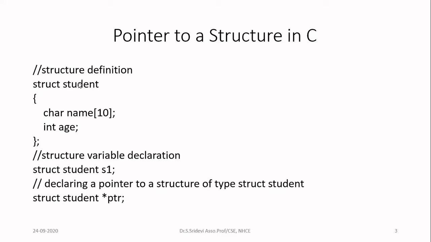After you create the structure, that is after you define the structure, the next step is you have to declare the structure variables. So how to declare the structure variable? You have to use the keyword struct followed by name of the structure followed by the variable name. This is called a structure variable declaration. So when this structure variable is declared, compiler will allocate memory to the structure. So according to this example, 14 memory locations will be allocated.